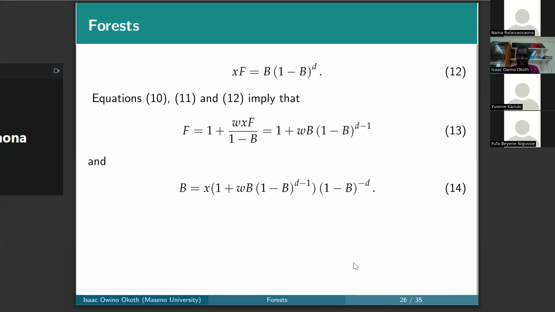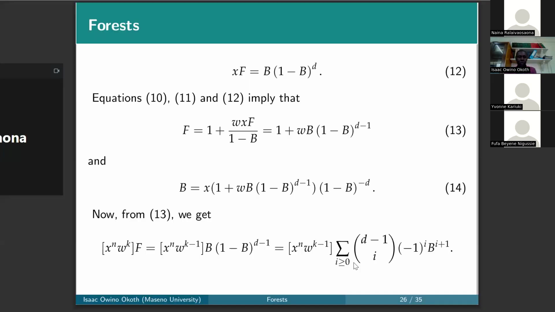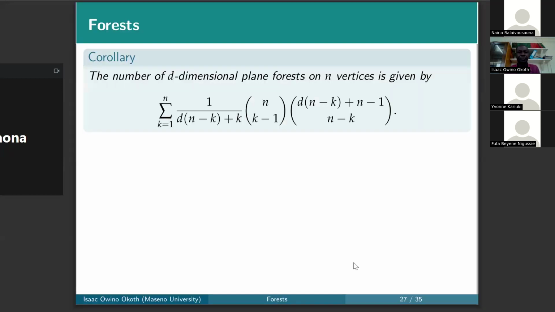And for the butterflies, it is given in 14. So we extract the coefficient of x^n because n was the number of vertices and x was marking a vertex, and w^k because w was marking the components and there are k components. So we do that extraction, and with the help of the Lagrange inversion formula, we get the formula for the vertex. So we can get that the number of d-dimensional plane forests on n vertices is going to be given